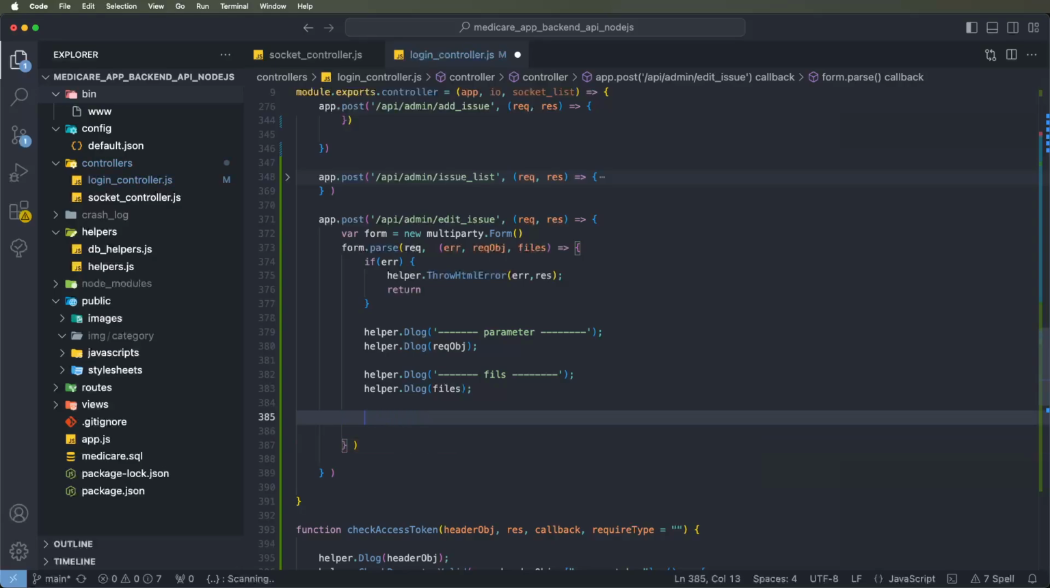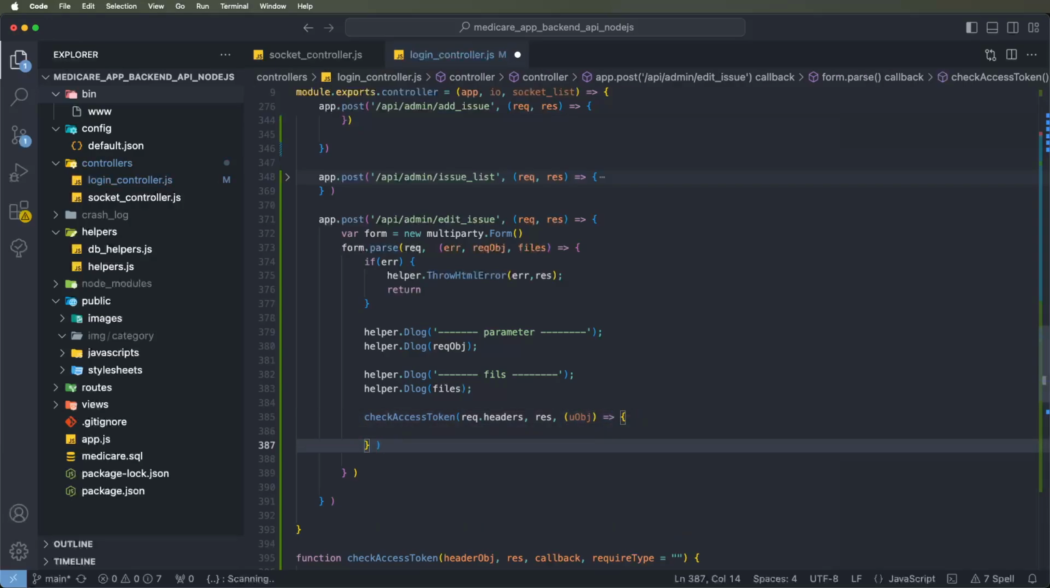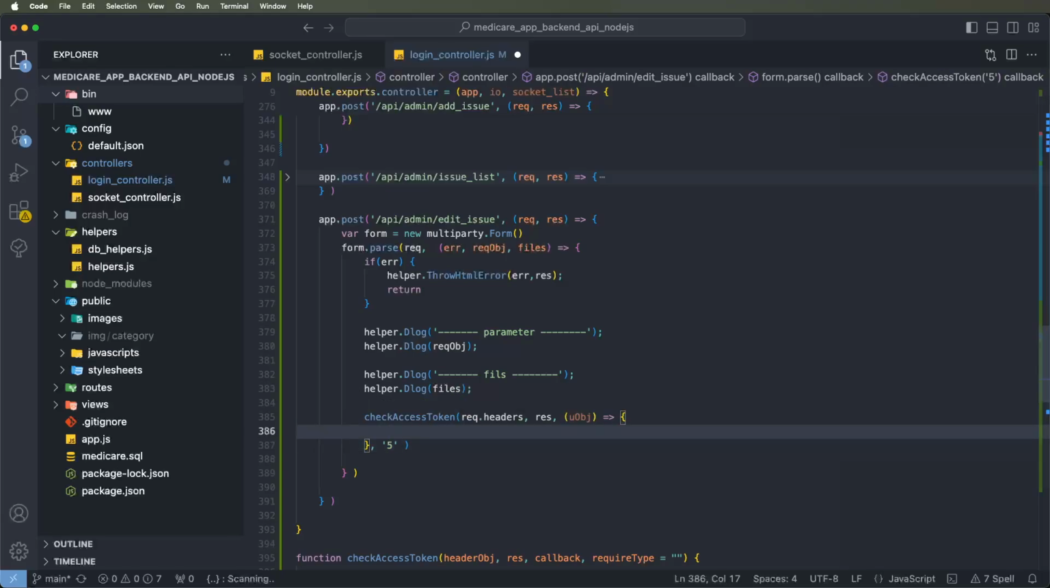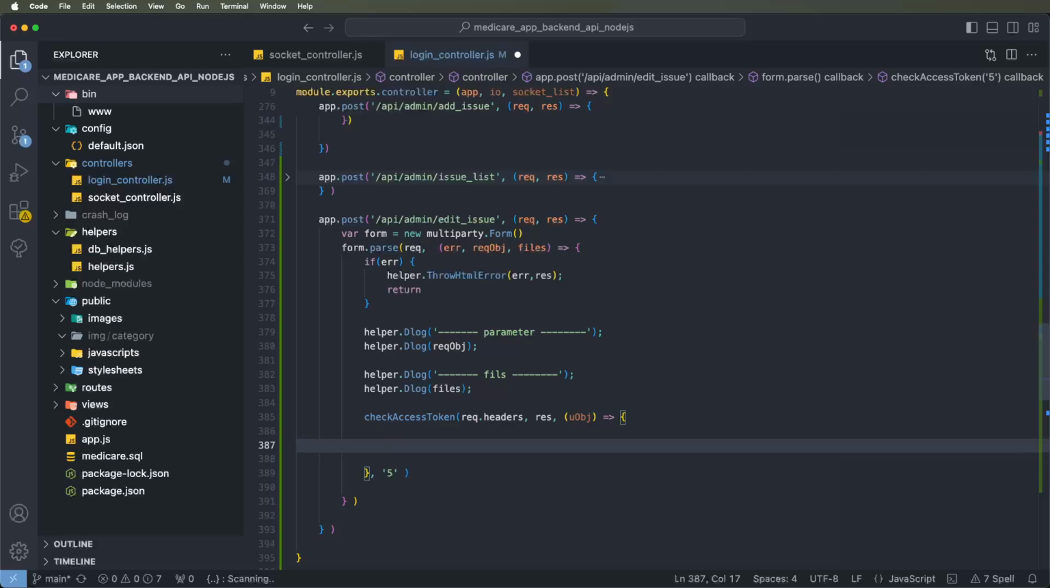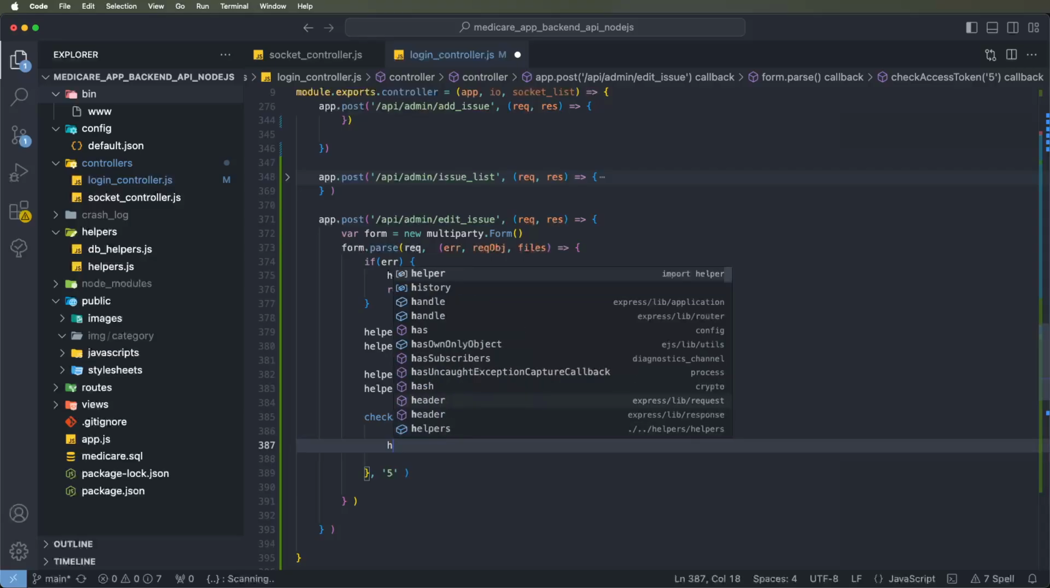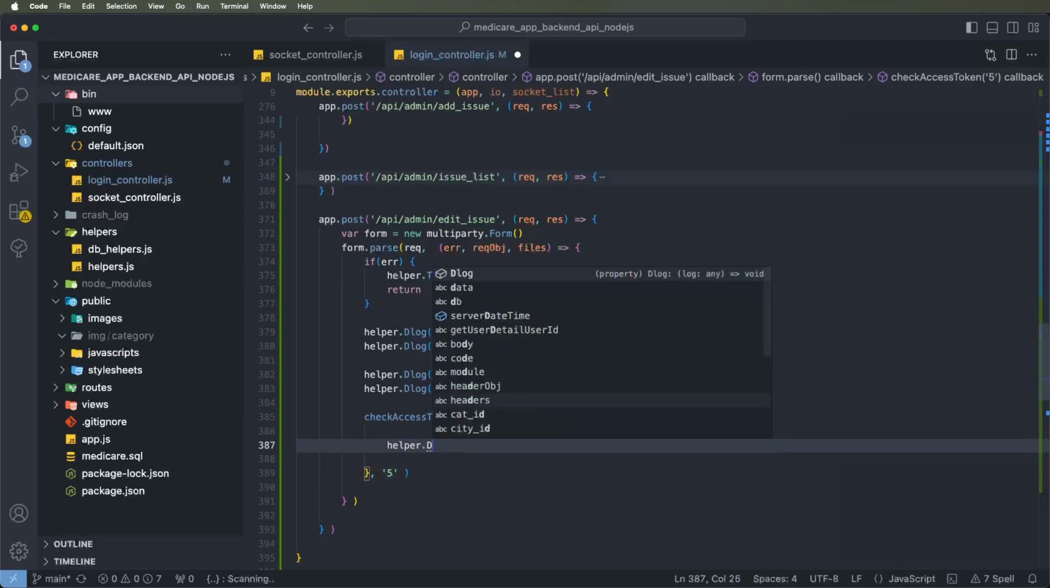First of all, check whether the access token is valid or not, so test it. Pass request.headers and the response object, and it returns the user object if valid. This is the admin access, so always check that the admin user's tokens are valid or not, and then continue the API after this condition check. Then we put helper.dlog